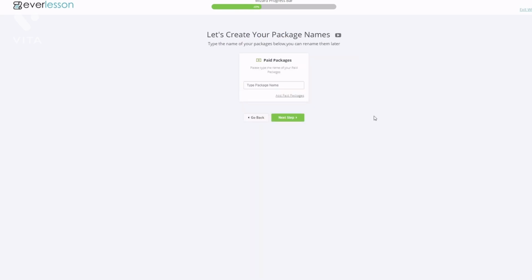Now let's go to next step. And from your perspective, not so much the customer's perspective, but from our perspective, we need everything organized by packages for transaction purposes. That's all the modules that they will get access to when they make a purchase via a certain buy button or page. And that's just how Everlesson organizes things for transaction purposes. So let's go ahead and call this one